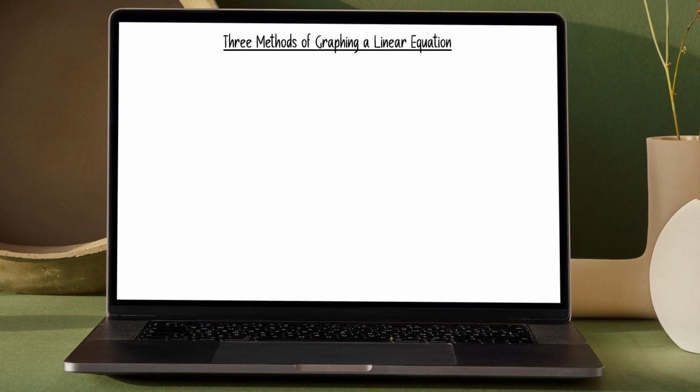There are 3 methods of graphing a linear equation. First, using any 2 points. Let us recall the line postulate which says 2 points determine a line. So in other words, for you to be able to graph a line, you need 2 points. Join the 2 points using a smooth curve or a line, then you will get the graph of the linear